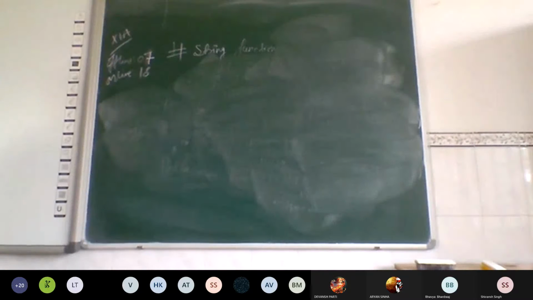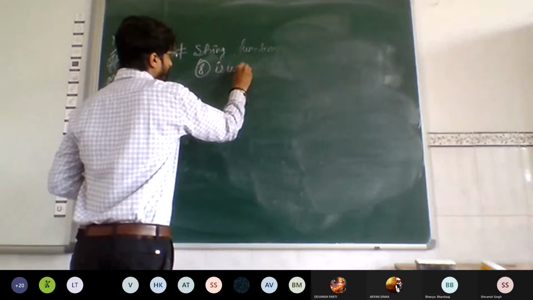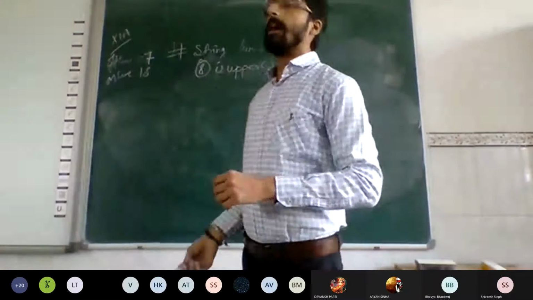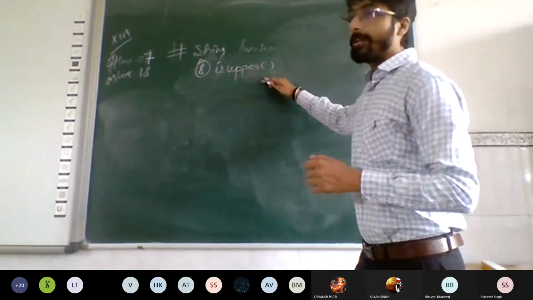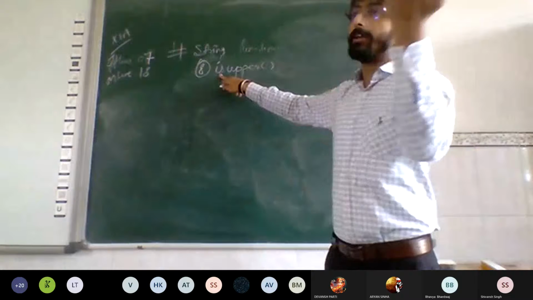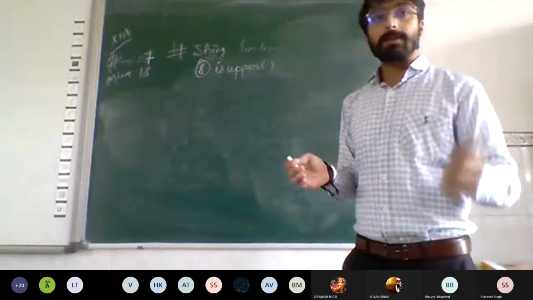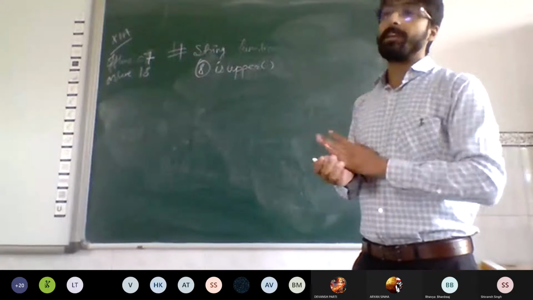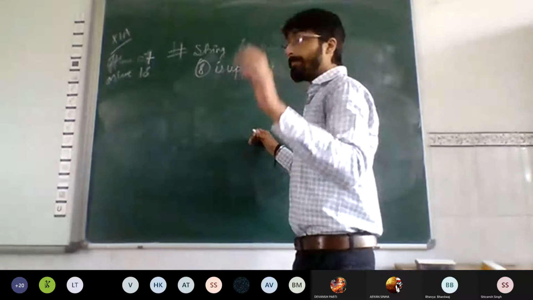The last function number was? What was the number? 7. isupper. We'll check whether the string is in uppercase or not. Uppercase means capital letters. So isupper is a function starting with is, so it is going to return you true or false. isupper is a function which will return true if your string is in uppercase. Whole string. isupper is checking for the whole string.